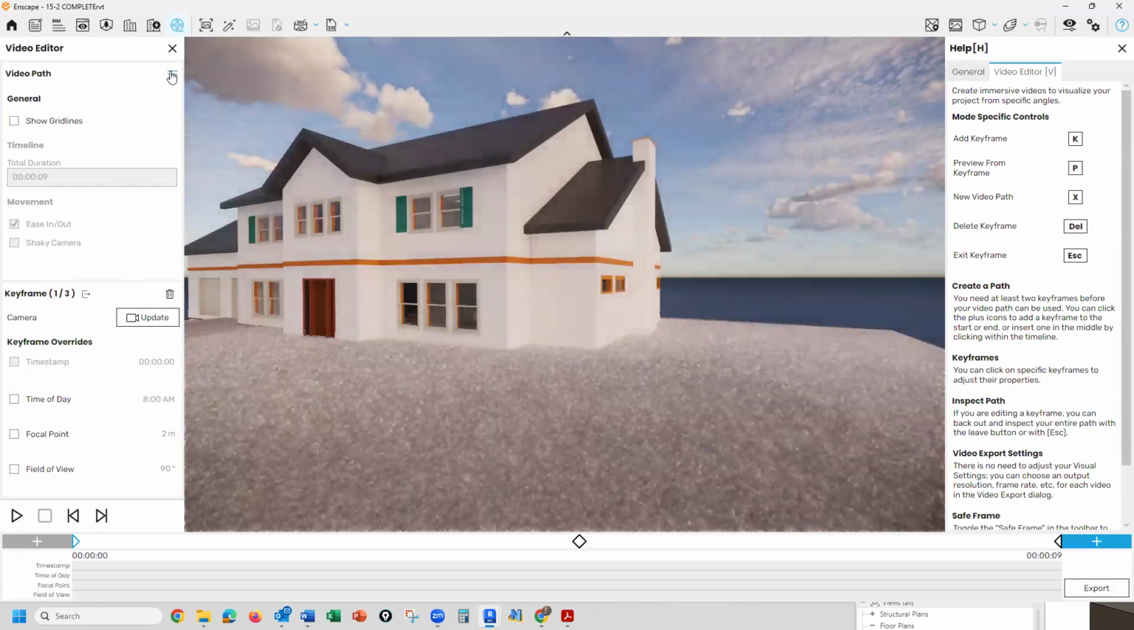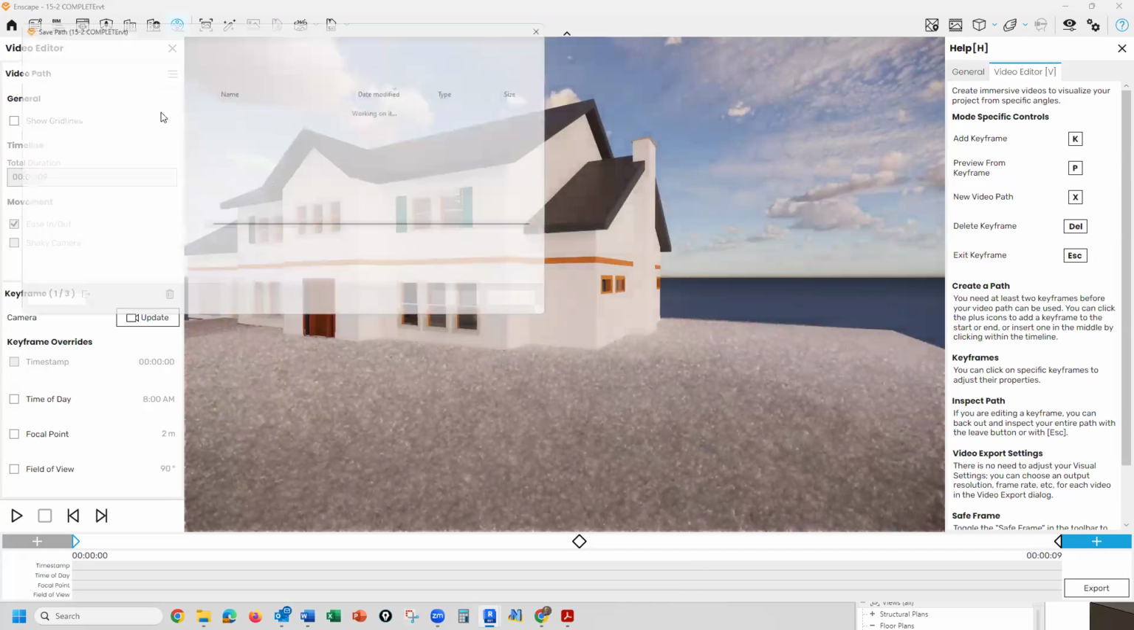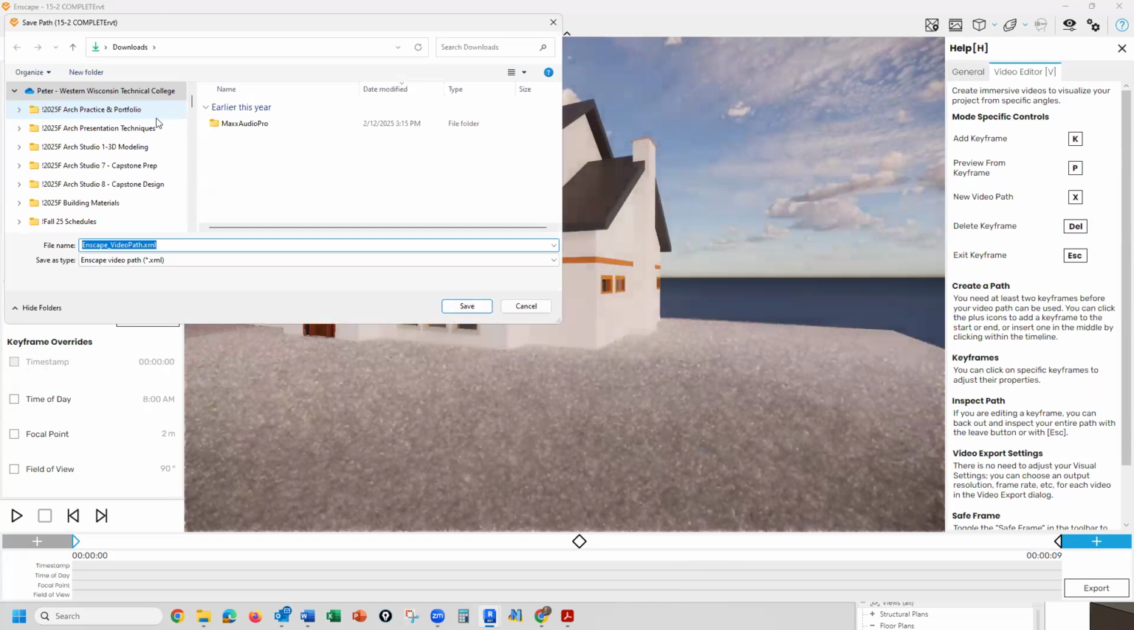So just for the video here, I'm going to save that. So I'm going to go save path to file. Now, I've already tried this, and it defaults to the C drive, to the Revit program folder. You don't want to do that, because it should be in your project folder. So the same place you have your Revit file, you should save your video path and name it. So if you've got 20 different video paths, I'm just going to call this test front